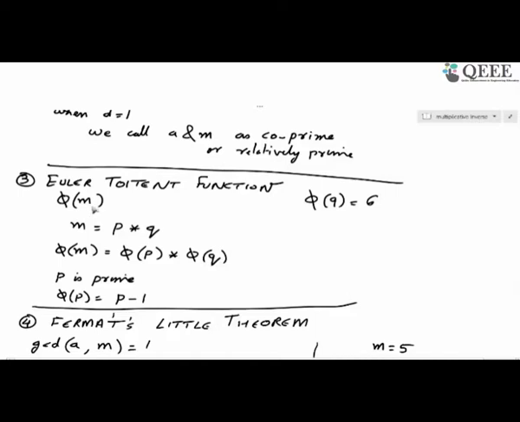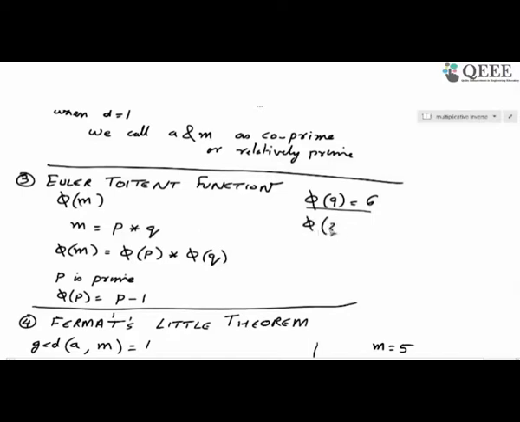That is, it is the number of integers less than m which have a GCD of 1 with respect to m. Okay, so we had taken the example of phi of 9 to be equal to 6,